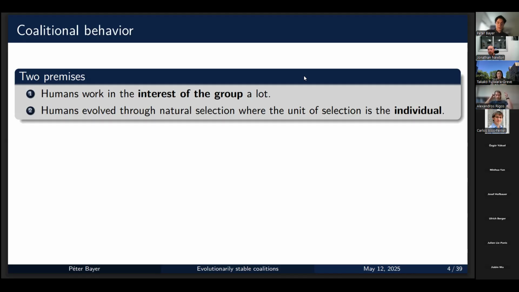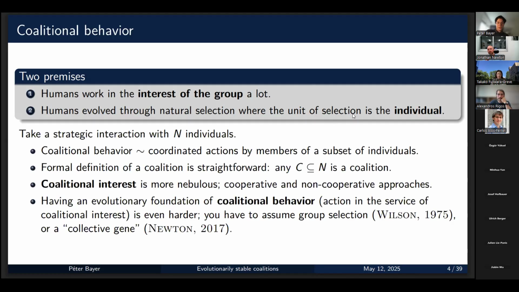It's not to say I have to make sense of it, but I want to have a model specifically around this, and you will see what I mean when I say specifically around this. I want to have a model without some extraneous factors. Okay, but first of all, let me talk a bit about what the interest of the group is, because already here